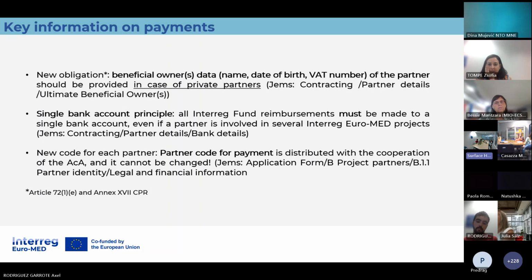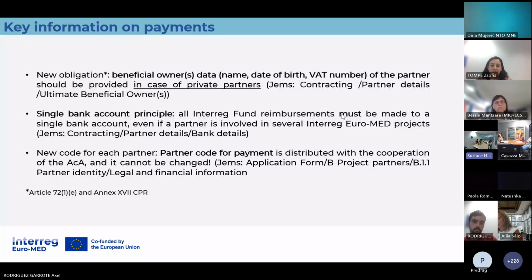So if you see that the version of your application form moved one forward, this is the reason why it happened. There were some products which were in modification. For this project, we couldn't proceed with this modification, but we will do it when the modification is finalized.